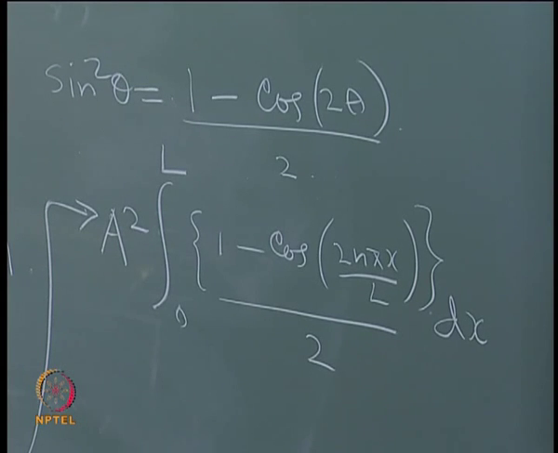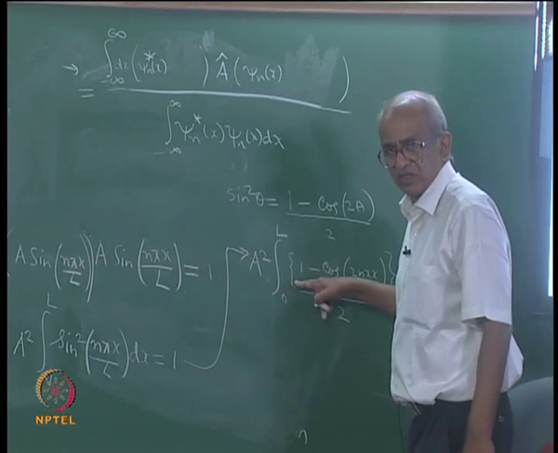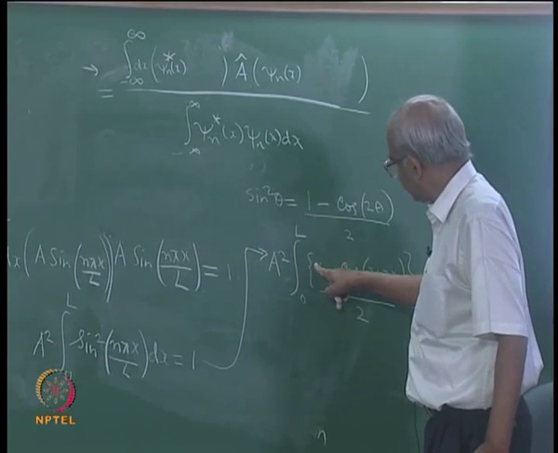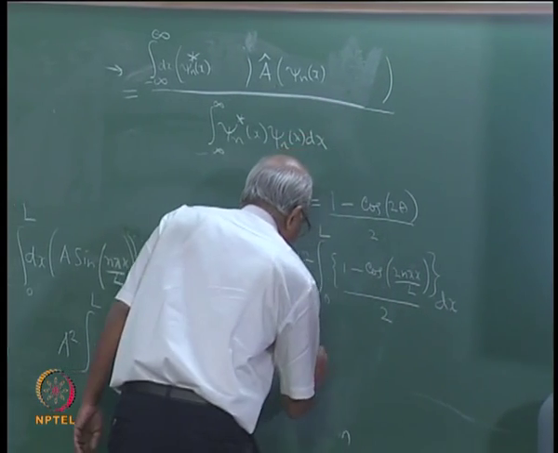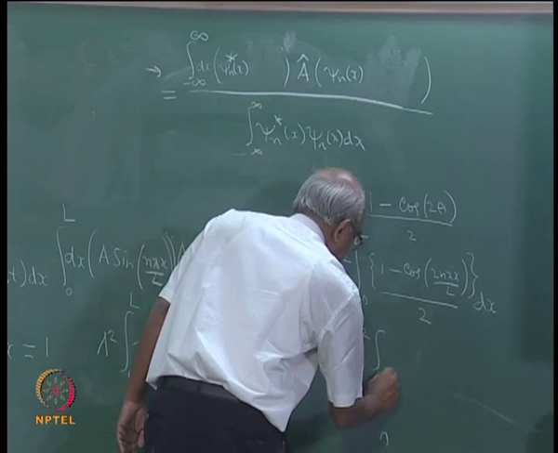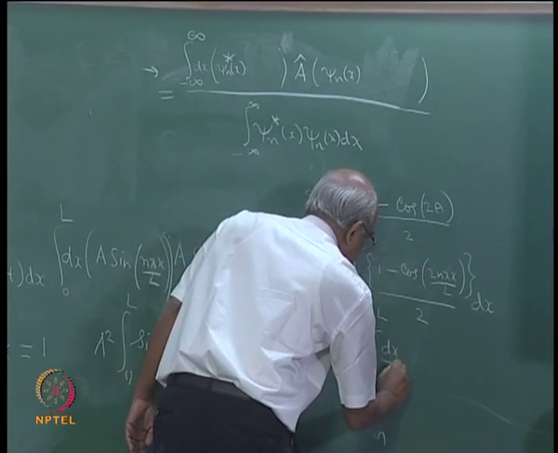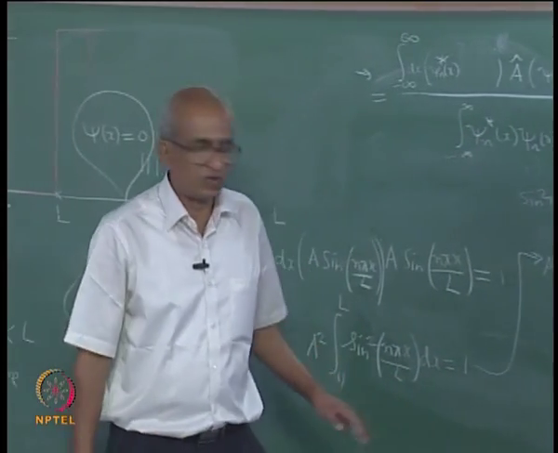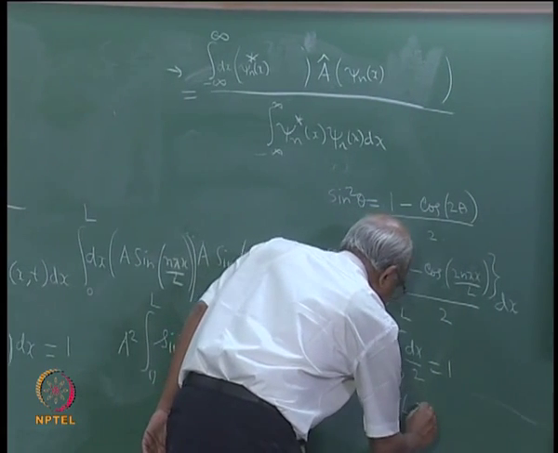And then maybe I will not evaluate this. What is going to happen is that this term, when you do the integral, will give you the answer 0, and only the first term, which is half, will survive. And so this is going to give you A square into the integral 0 to L dx divided by 2 is equal to 1, and that is an integral that can be easily performed. You will find that A square into L